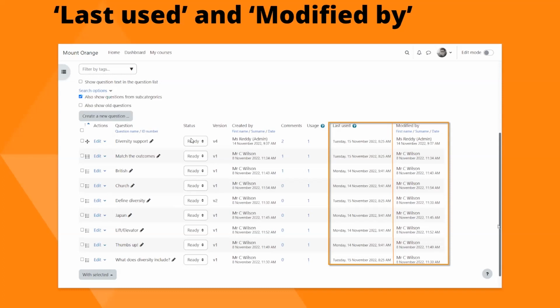If you're wondering where these other ones are, these are new in Moodle 4.0, by the way. And another new feature of Moodle 4.0 was that the administrator could decide not only the order of the columns in the question bank, but also which ones to include and which ones to remove. So not all of the available columns are shown here, simply because I wanted to make the screenshot a bit easier to read.